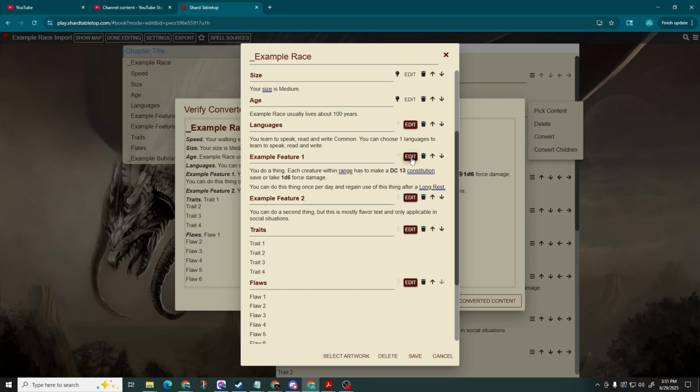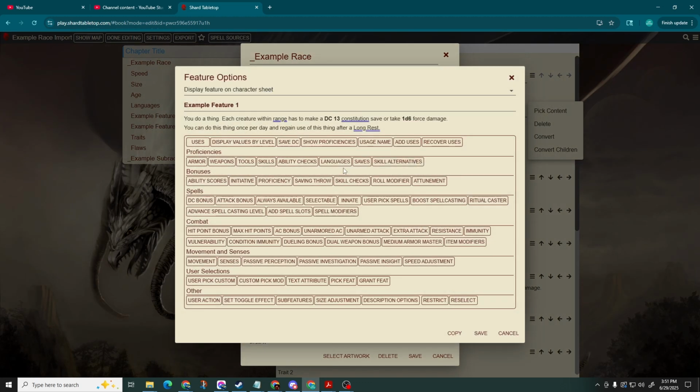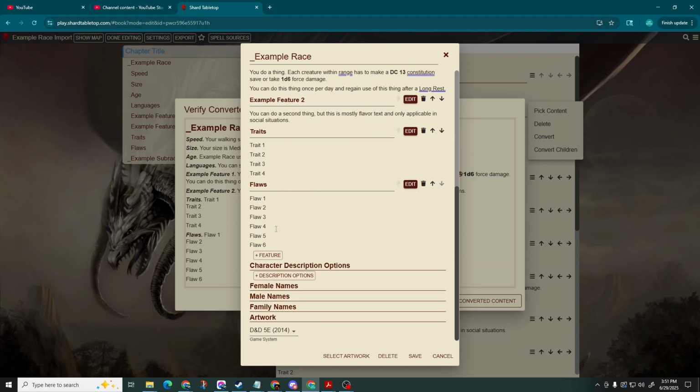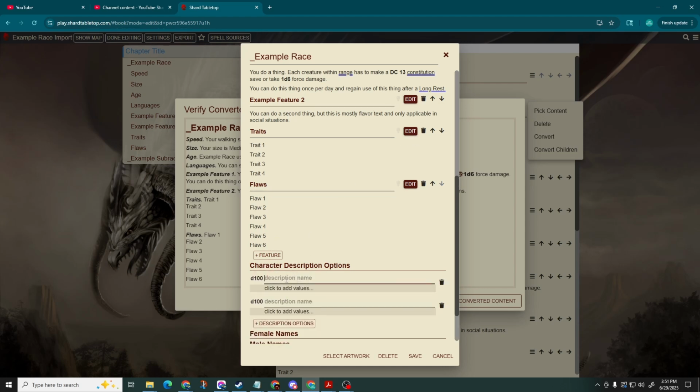And then our example features, Shard's not going to build the user action for you. That would require a lot more automation, and honestly wouldn't be reliable. So it's up to you to do that. The traits and the flaws did not end up in the character descriptions. They ended up as features. So you would need to come in and set up your